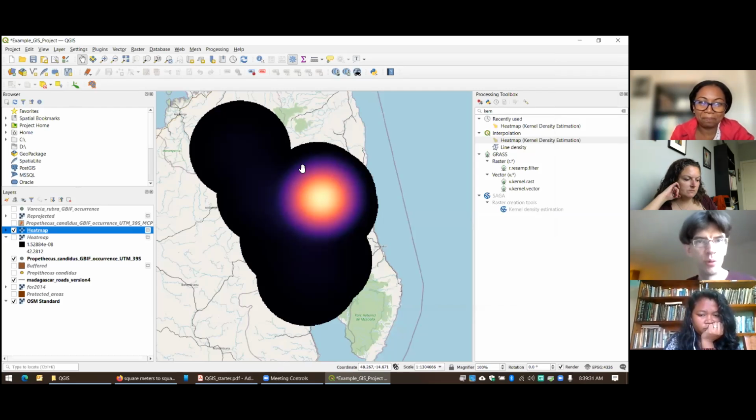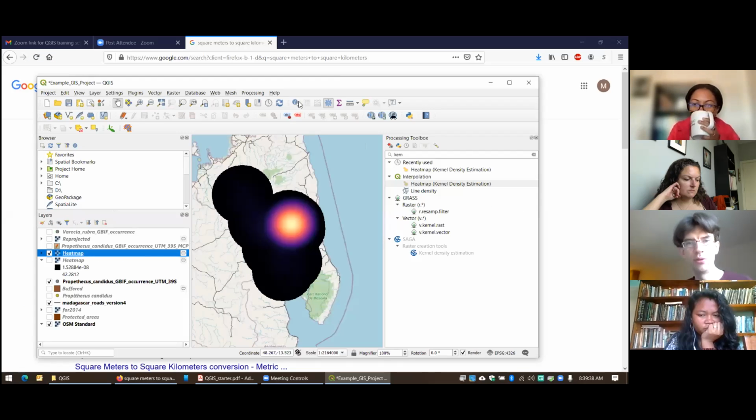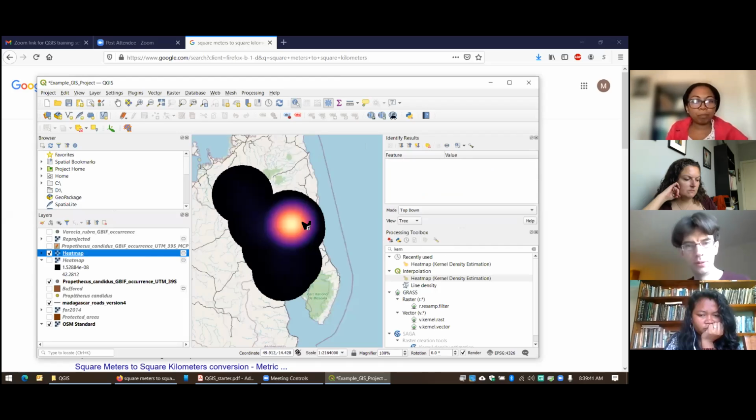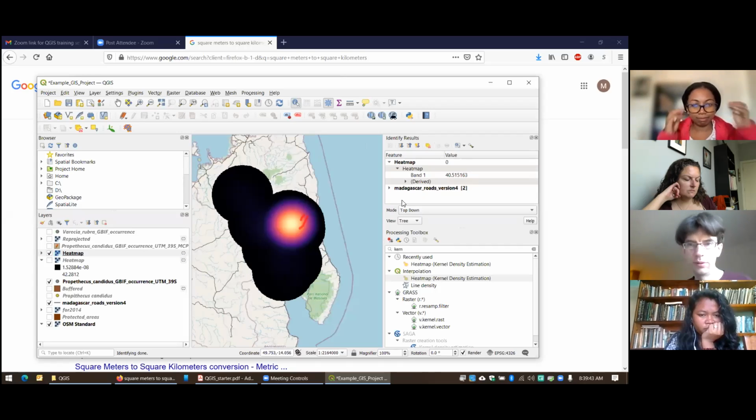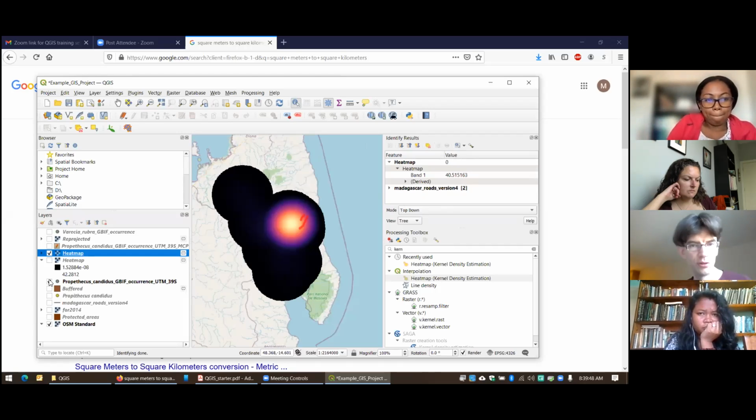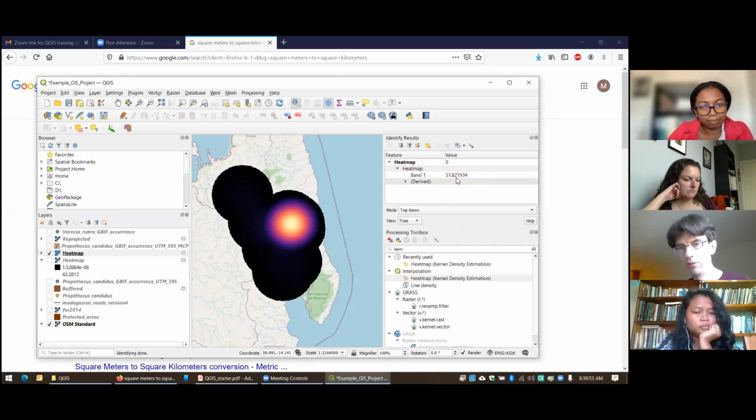And then, of course, each of these points has a very different value. And we can determine that by, if you remember this tool from last time, the information tool, we can actually click on this and go to where it says heat map. I'm going to go ahead and turn off some of these other layers just so that it makes it a little bit easier. Here's the values of each one of those, 51. And you can see these values are a lot lower because there are a lot fewer neighbors, whereas this is where the bulk of your occurrences are happening. So that's why these values are higher here.